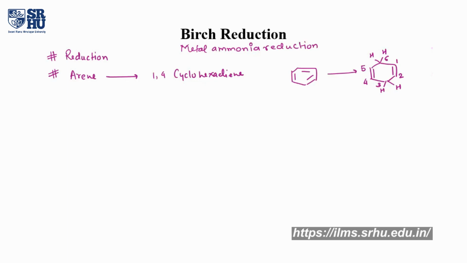As you can clearly see, this is a reduction process because two extra hydrogens are being added to the molecule. This reaction, Birch reduction, was identified by Arthur Birch. Now what we do in Birch reduction is that we reduce aromatic rings